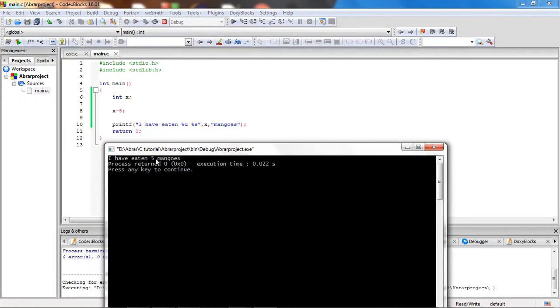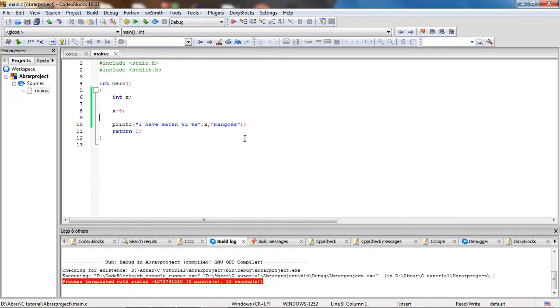So now, as the value of x is 5, it prints "I have eaten 5 mangoes" because x equals 5. So x is an integer. For an integer you have to write %d. Now let's do something more